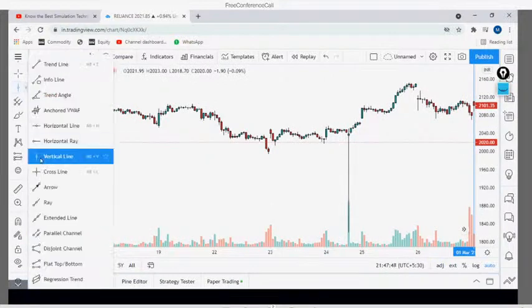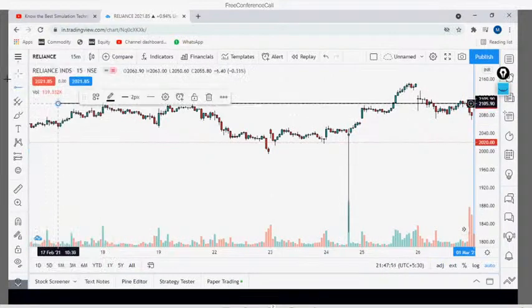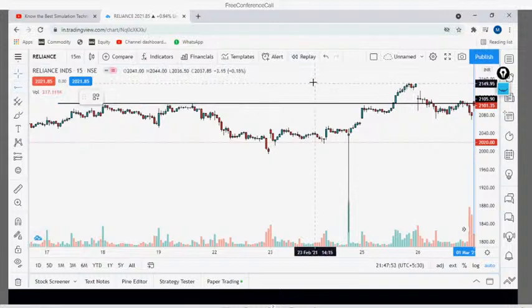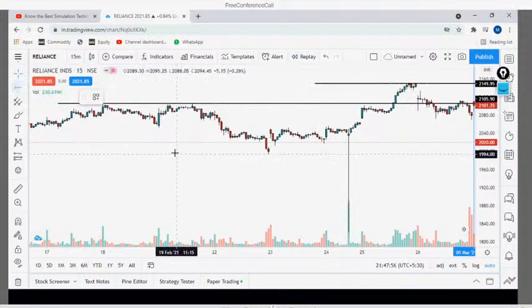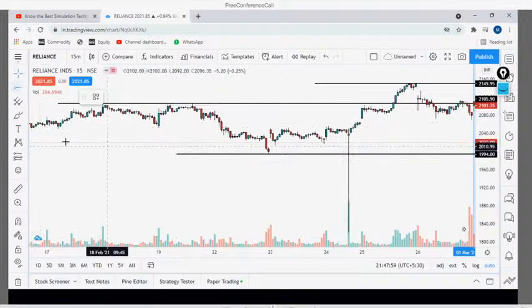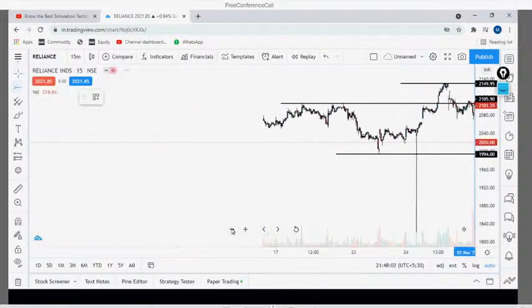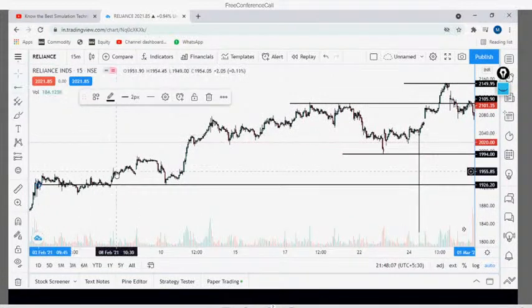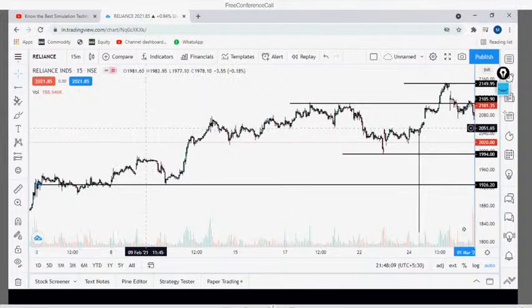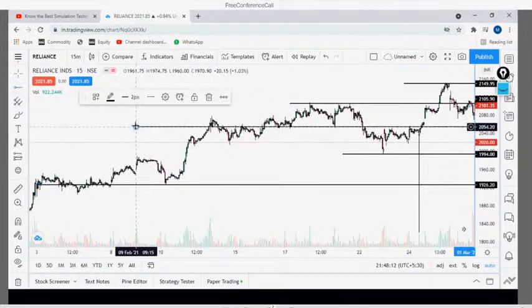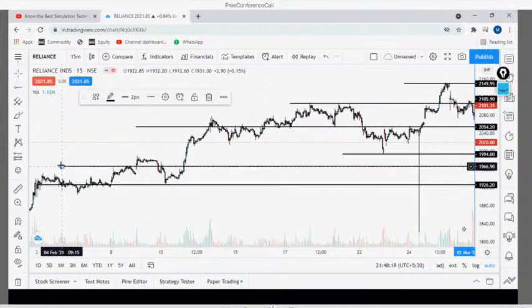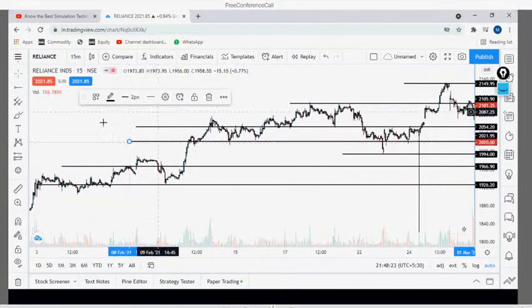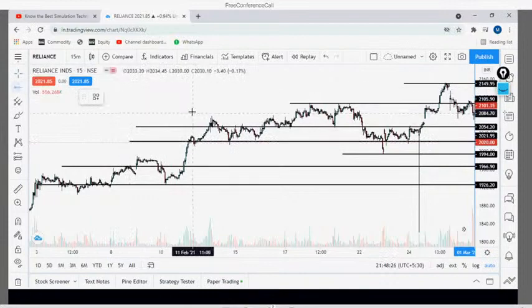What I'll do is mark my support and resistance before those levels, like this. This is one of my resistance areas. This is my support area. Let me go a little left side also, so that this is one of my support areas. This is one of the intermediate levels. I have drawn a few levels, not all the levels. I have drawn them for testing purposes. Now we'll see how these levels are acting.